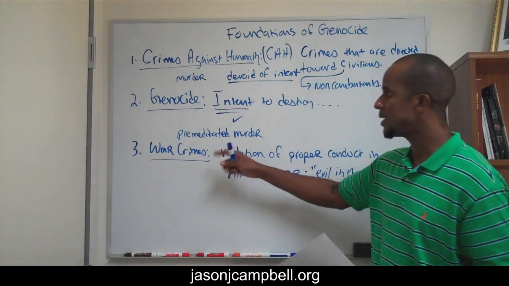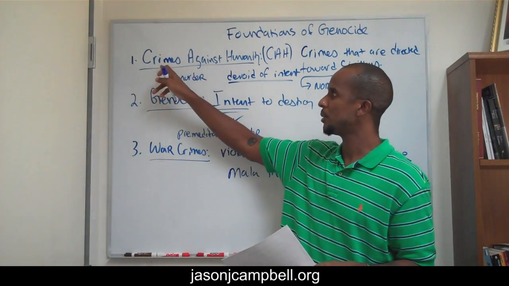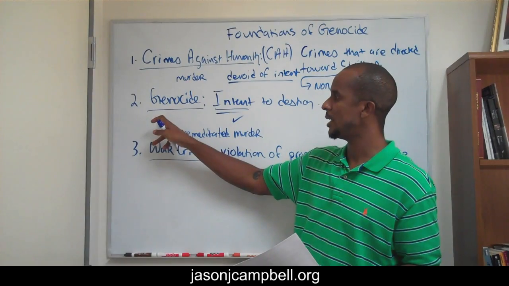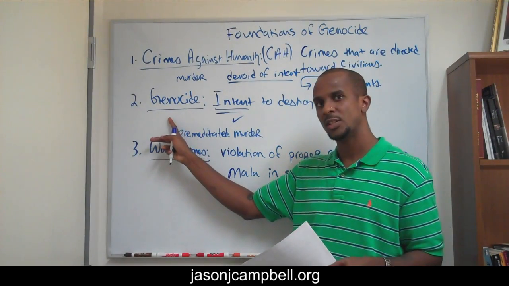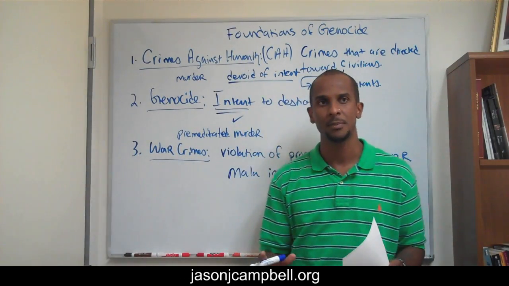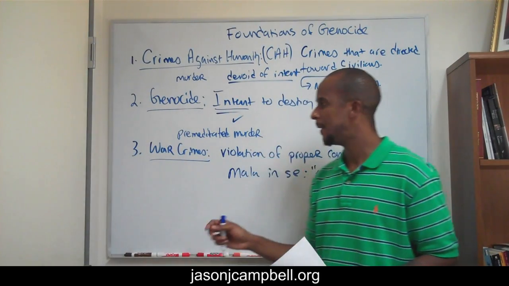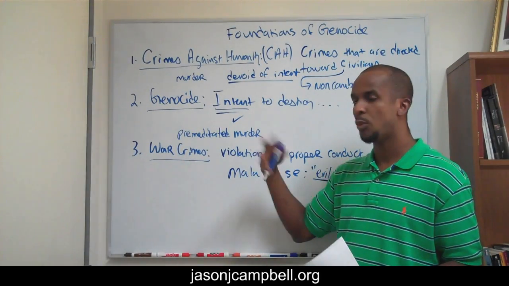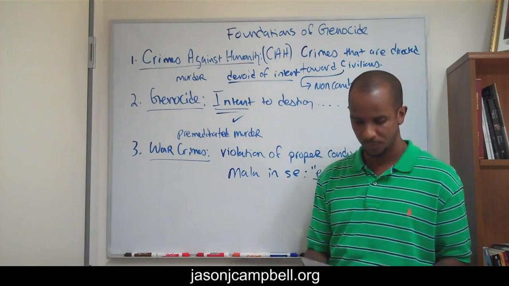So we're going to see how, because it seems to be the case that though we now might be able to recognize the distinction between crimes against humanity and genocide, it might not be so clear the distinction between war crimes and genocide just yet. In a few minutes, I'll put up a diagram that I constructed to try and clarify some of these points, and you might be able to see more of the distinction between a war crime and an act of genocide. Okay,